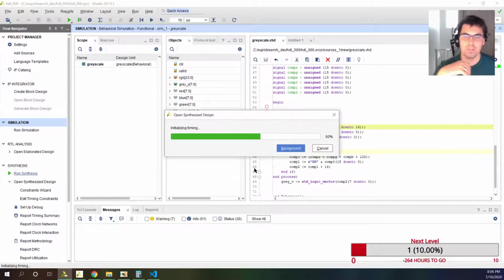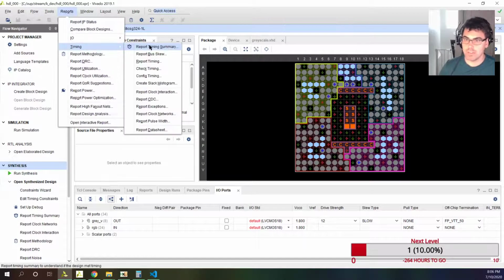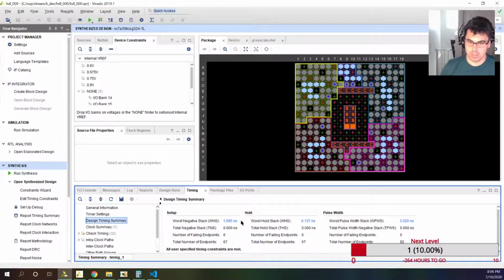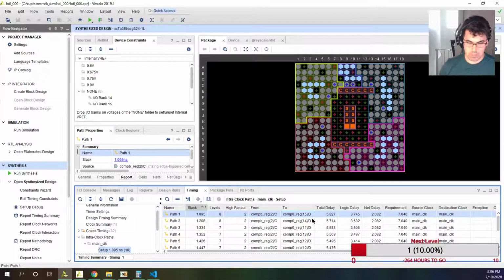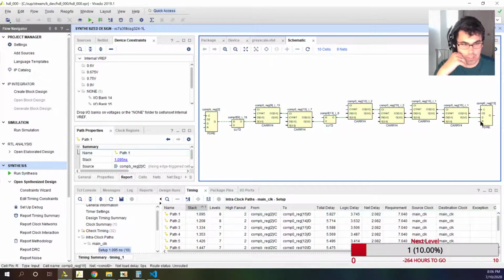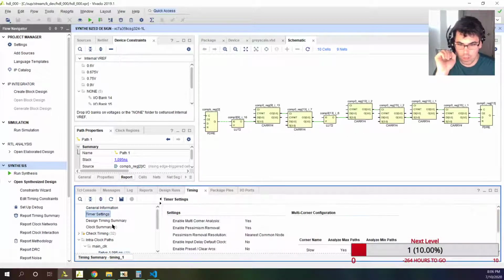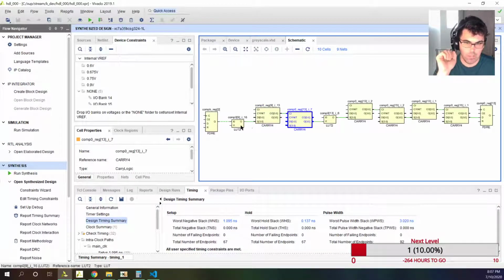Let's open the synthesized design and report timing. Why not? Yay, timing. We're doing great. So that computation between vreg and that, that's where we have the two adders. So we're adding and adding. Now if we split that up in two separate areas, we probably could get better delay. But so far, we're now meeting timing with plenty of clearance. Like one add, the second add, and the other add. So if we wanted to, we could look at